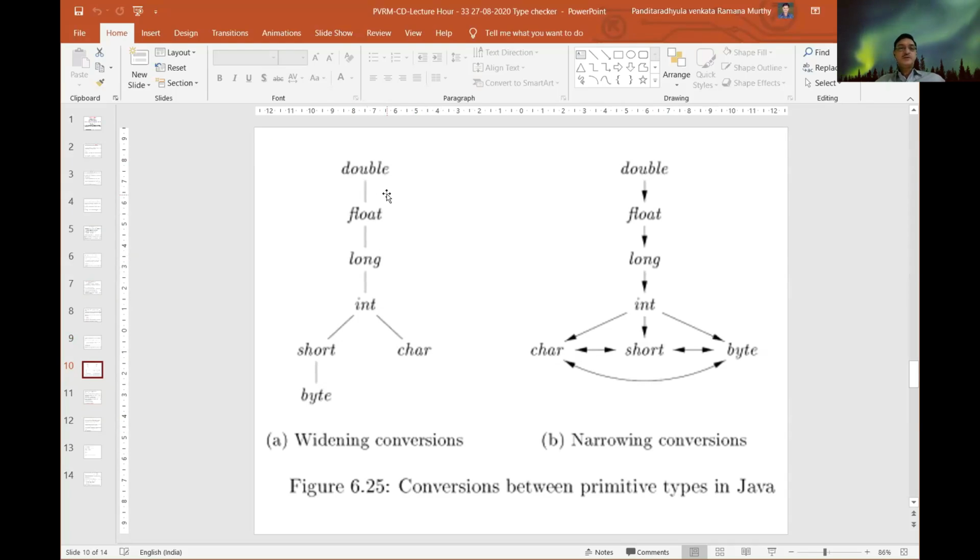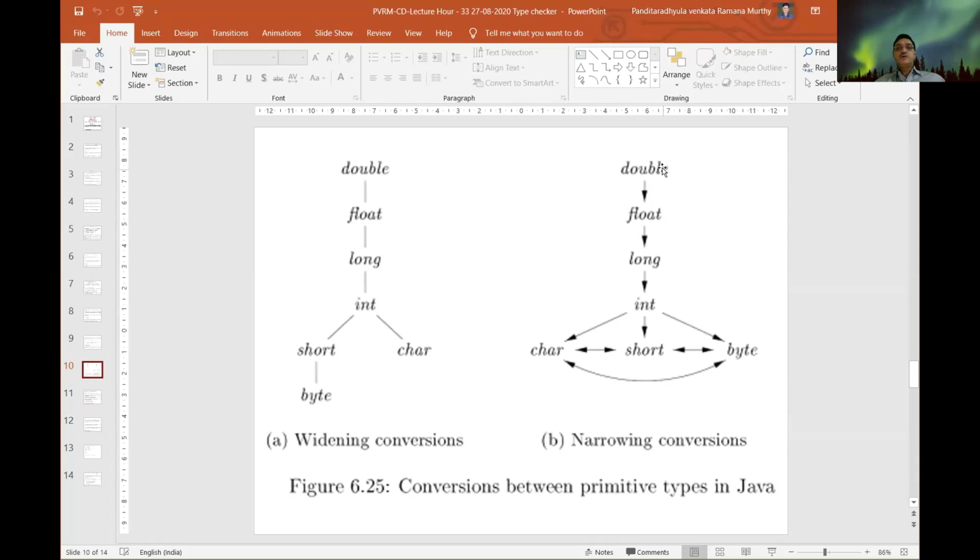Widening conversions means if you are having the byte, the byte can be converted into the short. We are having two different types of character: one is short integer, maybe another is character. Then we need to convert the character also into the integer. If required, the integer can be converted into the long data type, long integers. Long integers can be converted to float. Float can be converted into double. Sometimes we require narrowing conversions.